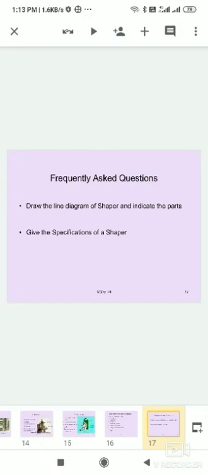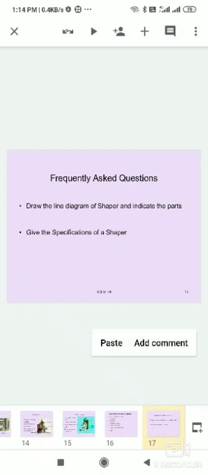Draw the line diagram of the shaper and indicate the parts is very important for essay questions, and sometimes they ask only for the line diagram of the shaper machine, and sometimes only to list out the shaper machine parts. These are asked many times.